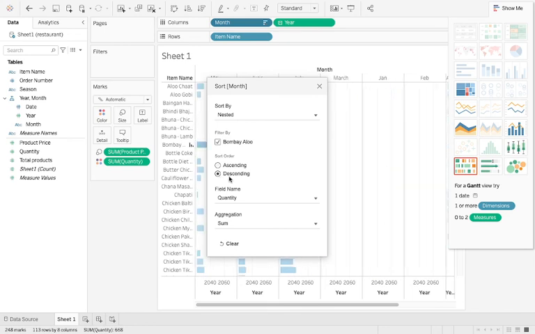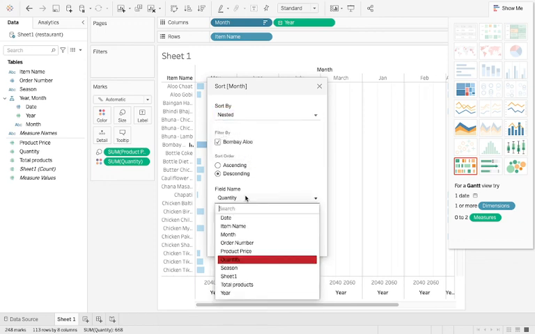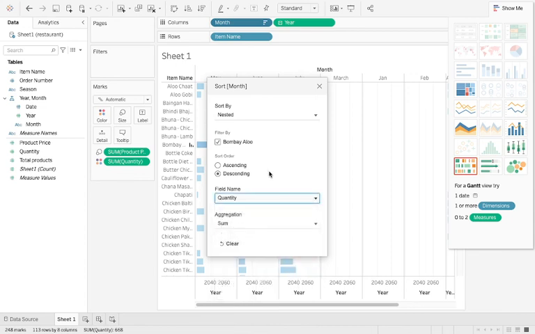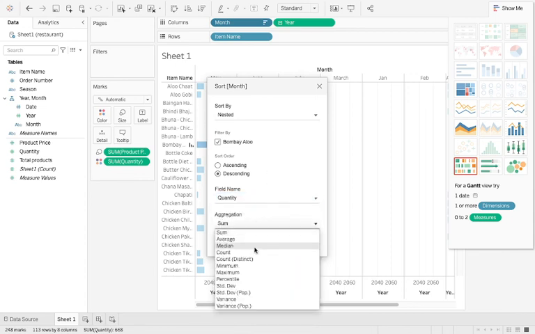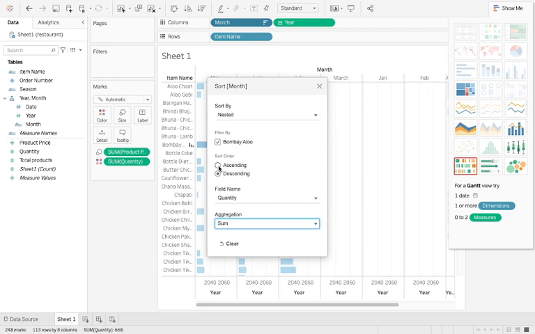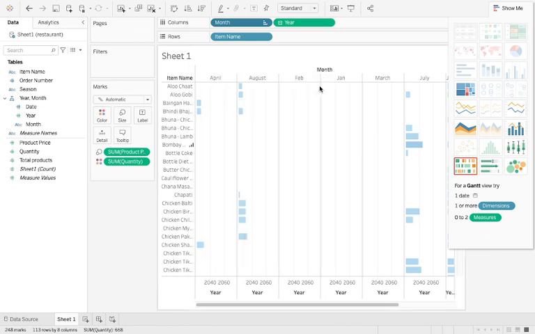Then you can see sort by nested, alphabetical, field, or manual. Then we have your quantity, according to what quantity you want to sort your data. And then we have the aggregation function that you want to choose. You can choose any function that you like. For example, let us keep all these things the same, and instead of descending, let us choose ascending and sort our data. Yeah, so this was sorting ascending by pills.